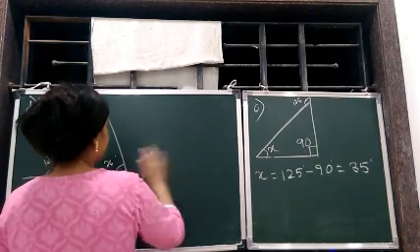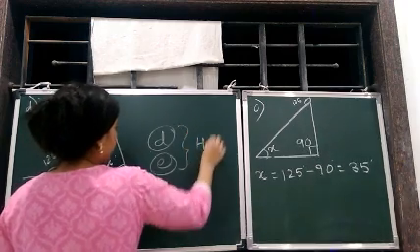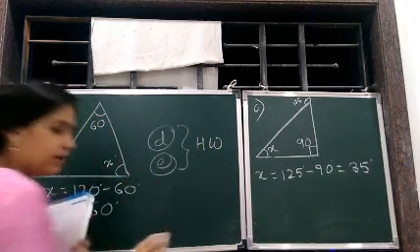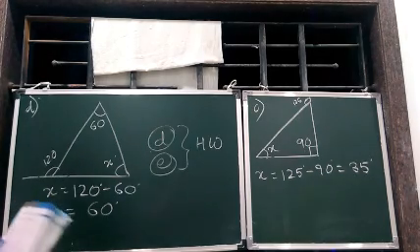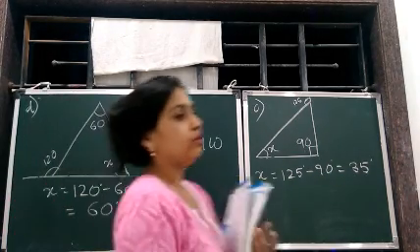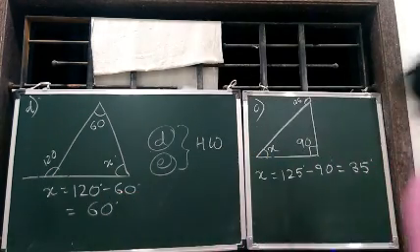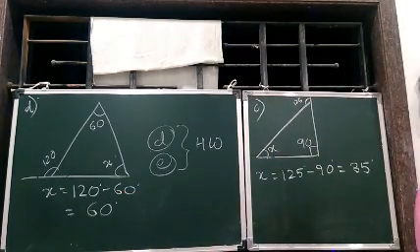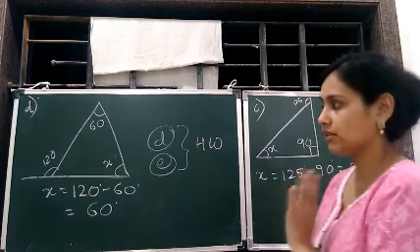Then fifth and sixth, that is D and E, since I have written, they will be your homework. बहुत ही ज़्यादा simple है. You have to subtract. In question number 1 you have to add to find the value of x, and in question number 2 you have to subtract to find the value of x. This completes one very good property of the triangle.